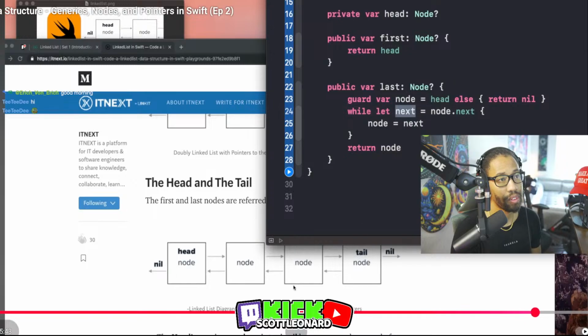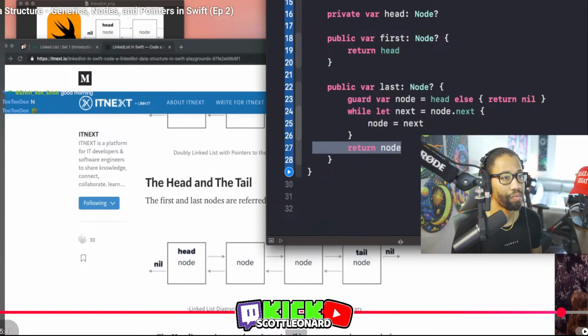We'll say, okay, well, what's its next node? Actually, it will stop if it's nil. We still don't know it's the tail, right? But we know it has a value. So we'll say, okay, we'll set node equal to that node. Because the condition would fail. And then we're going to hit this loop again, and we're going to say, okay, well, does that node have a next? And it will fail because it's nil, because there's no node that comes after it. So it's going to say, nope, there's not, so don't run that. Break the loop, and let's return the node. We've successfully now returned the tail.